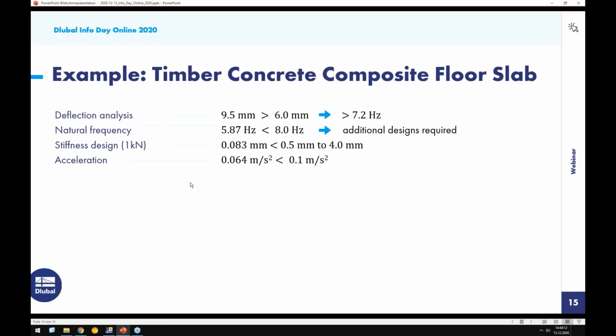Then let's go further. Yeah, they prove the natural frequency. So in this case, it should be 5.87 hertz. Okay, it's really low, and they write here some additional design requirements are necessary, the same as in the Eurocode 5, but of course Eurocode 5 does not provide any information when the frequency is lower